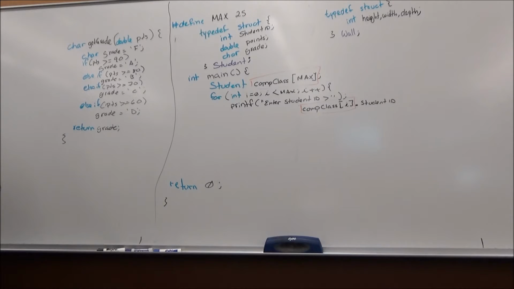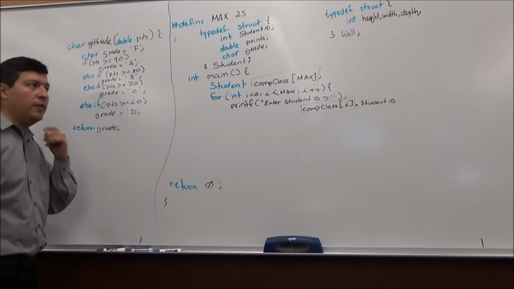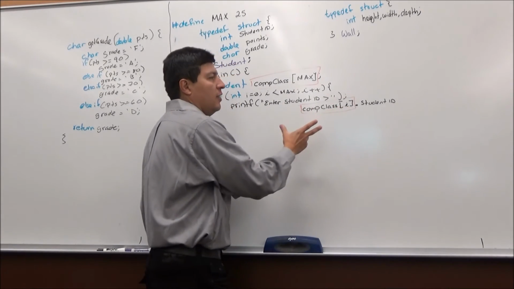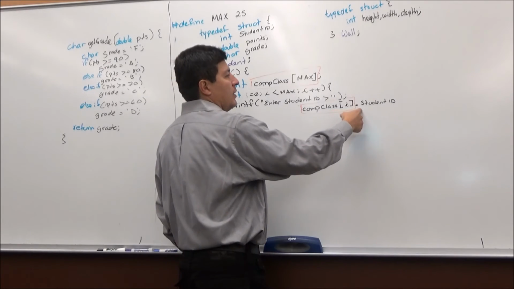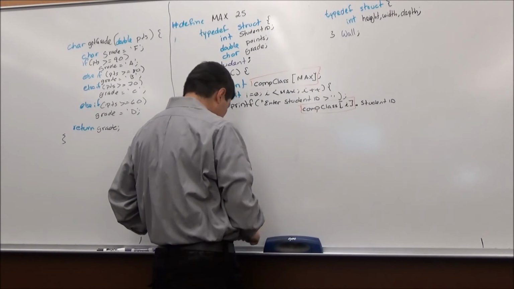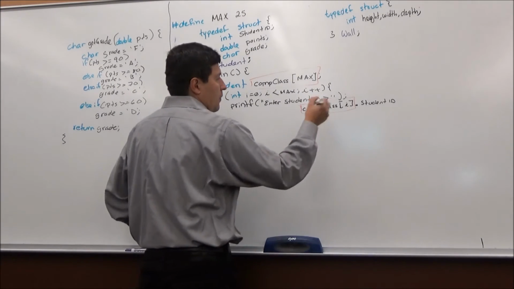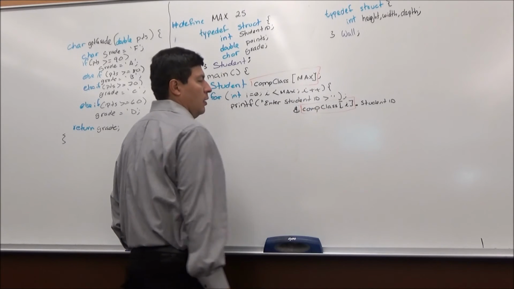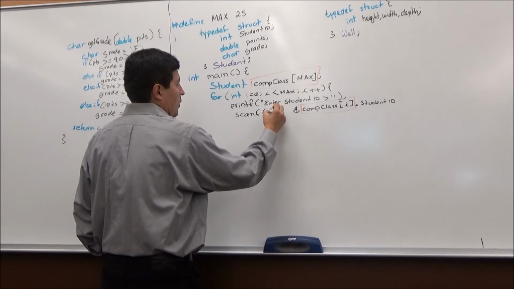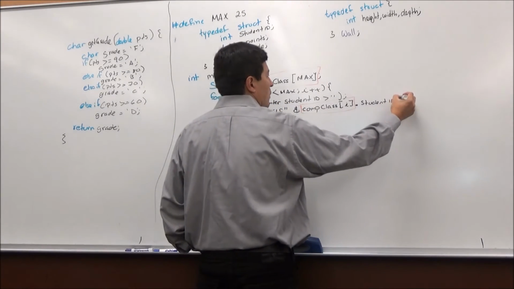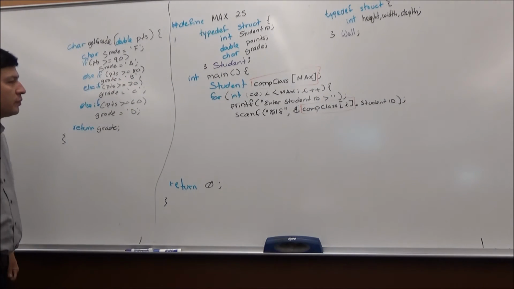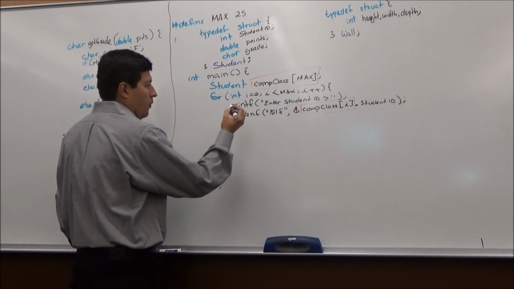And then to access an element of that array, just use the index, and because this is a structure, I can then access either element. If I want the address of that, of course, then I'll just use the ampersand. And since I'm going to ask the user for that, and then of course I had